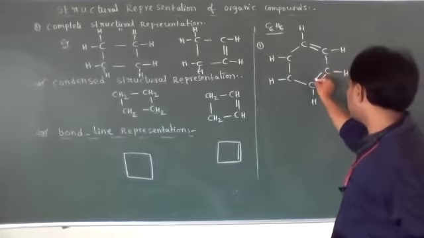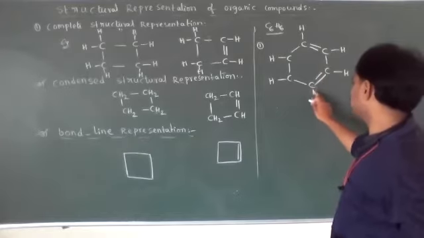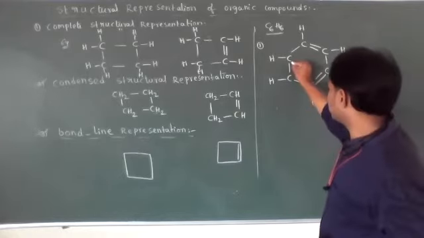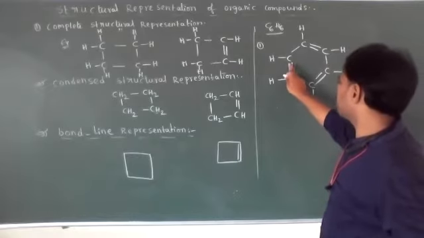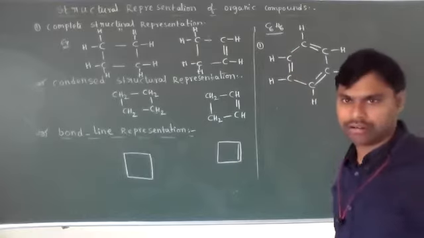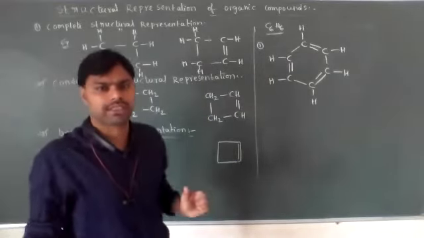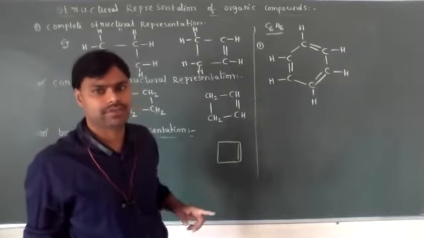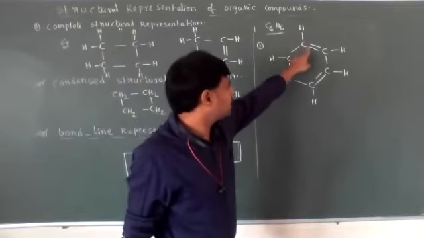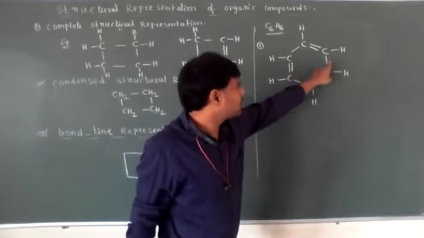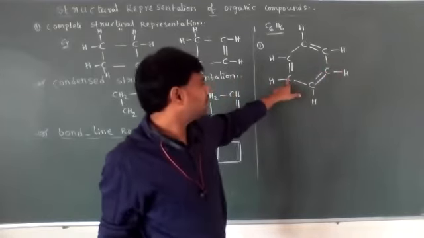Here you keep a double bond again. 1, 2, 3, 4 bonds. Now here you keep a double bond. 1, 2, 3, 4. Now if you observe, each carbon has 4 bonds, so tetravalence has been satisfied. Then what is the benzene structure, dear students? CH double bond CH single bond CH double bond CH single bond CH double bond.